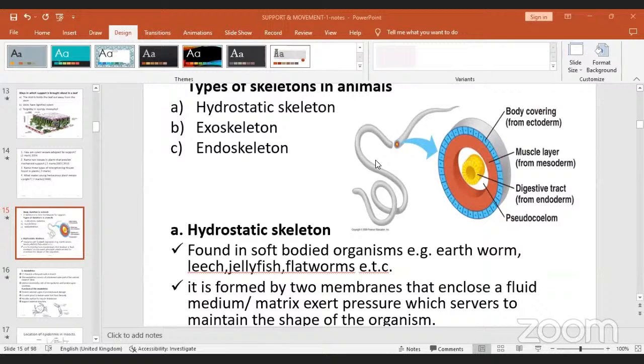In animals, you will find this hydrostatic skeleton in various parts, but especially in your